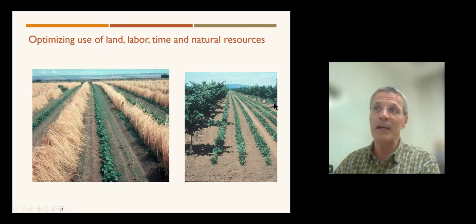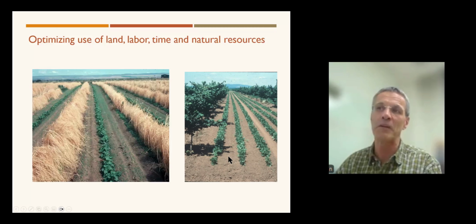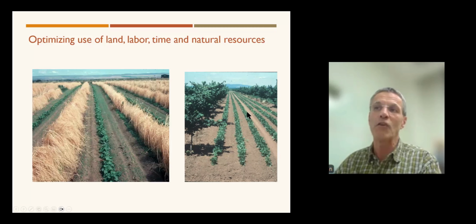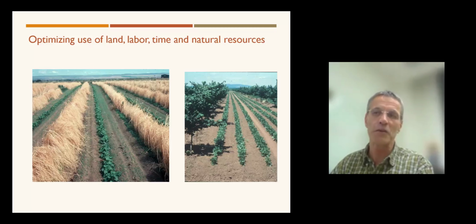But before they close canopy, the grower can make use of those first few years when the trees are not yet bearing nuts. In that time, when there's a lot of space and a lot of light available, they can grow an intercrop. And then later they will stop doing that. But for some years, they can grow beans or other plants in between. Good example of how resources are shared.